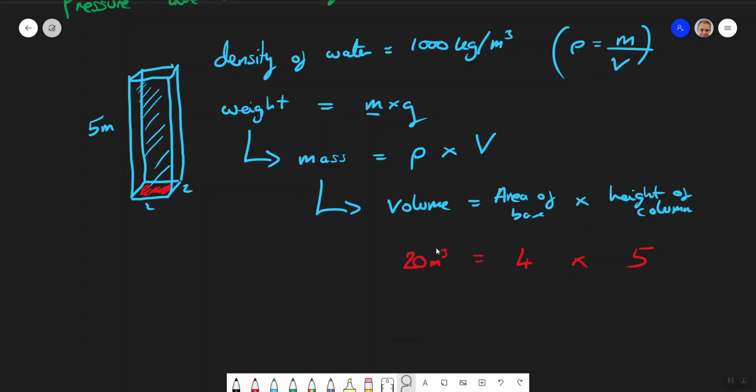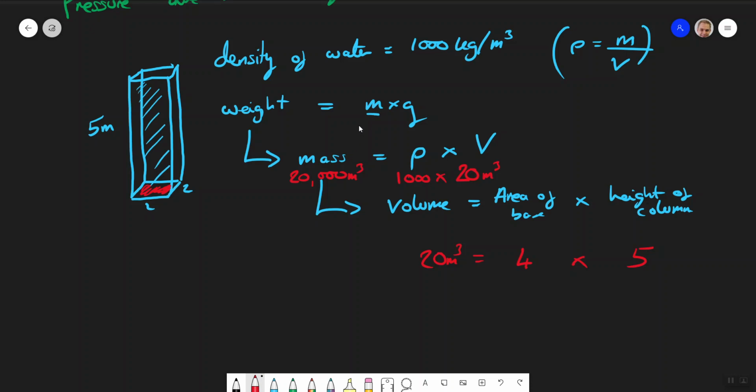I've got 20 meters cubed. So I can take that. And I missed. So let's try that one again. So I take that. I know 20 meters cubed. Well, I know the density because I've been told it. It's 1,000. So I've got my mass. So my mass must equal 20,000 kilograms. I'm just going to put this back here so that's on the notes. That's nice. Well, I know my mass. I can then put that into that bit there.